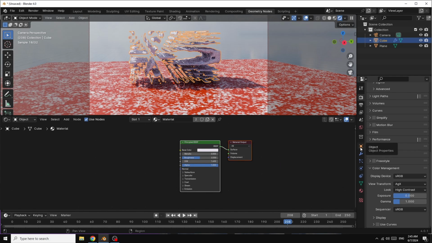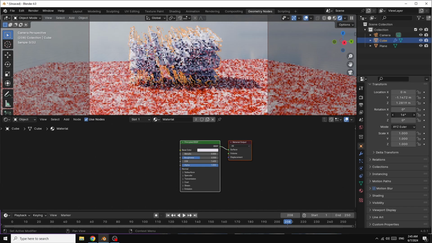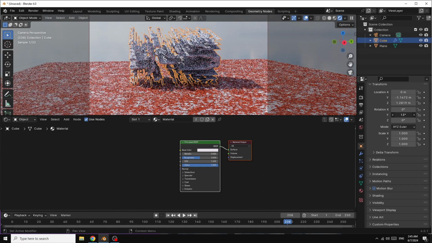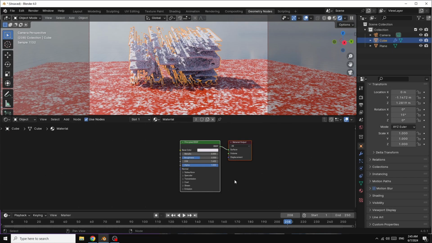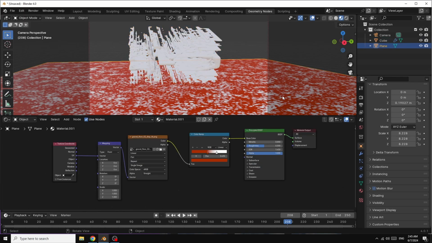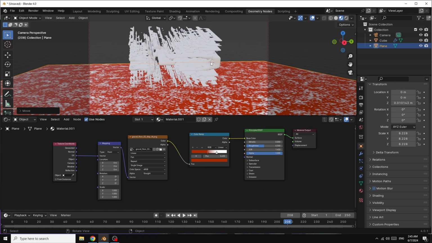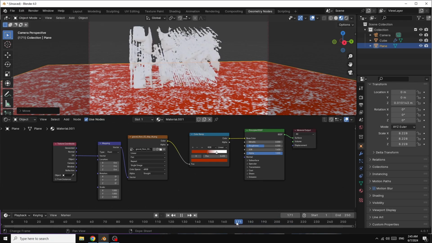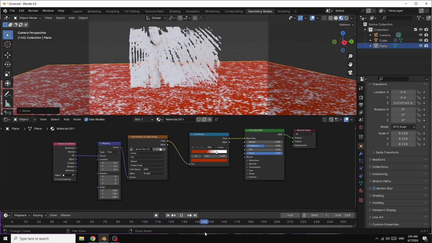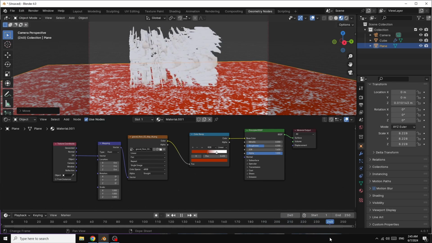I go here in object properties, and I move it like this. I go here to see, so G, Z, down. Now we can choose any image we want. If you are happy with your image,